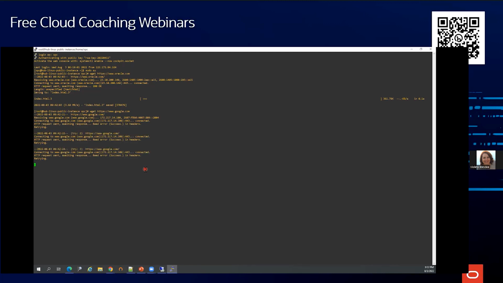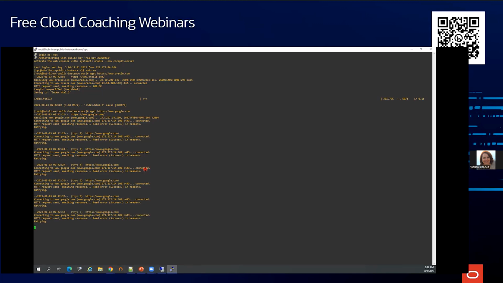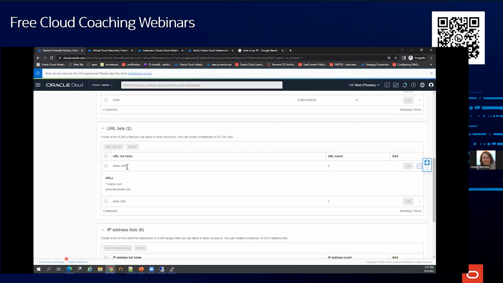So any other thing other than Oracle, it is not allowing it for my user, for the workloads which are running on OCI. And the traffic is getting decrypted with the secret which I've set over there. It will check the traffic for oracle.com and facebook.com both, and then pass the traffic over the internet. For others, it will not allow. Why? Because I have created a rule to allow only my allow URL. That's it.